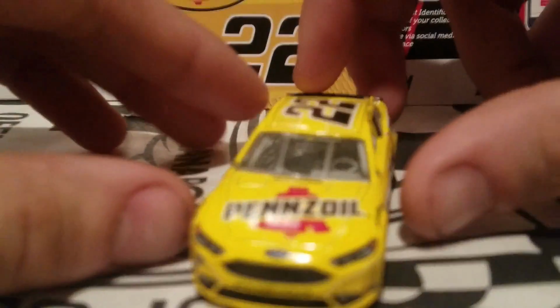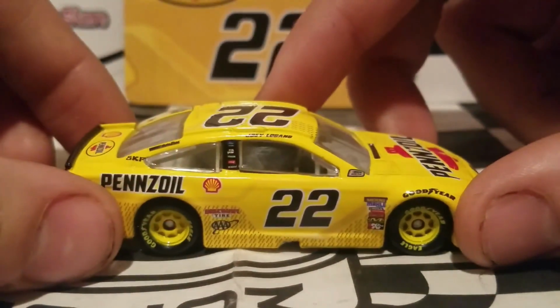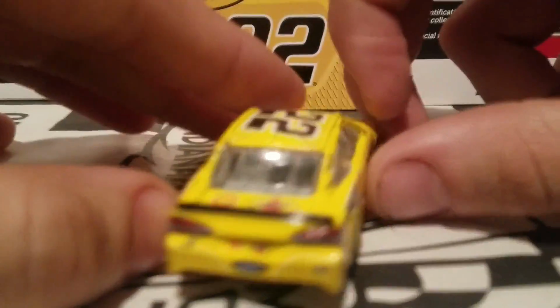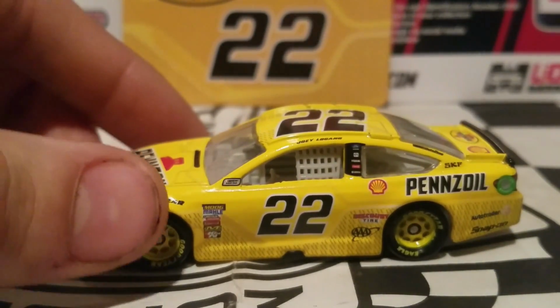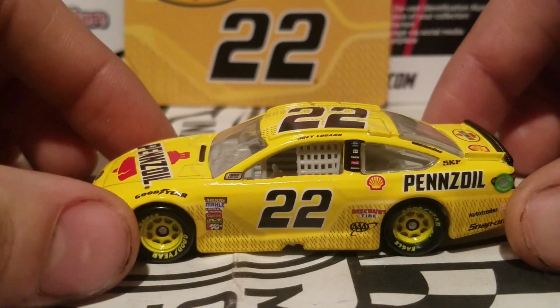But yeah, guys, you probably might know what this diecast is famous for. And no, it is not an exact copy of the yellow submarine car from Helio Castroneves. I'm sorry, no, it's not, guys. This car is mostly famous for what happened at the Las Vegas race between Joey Logano